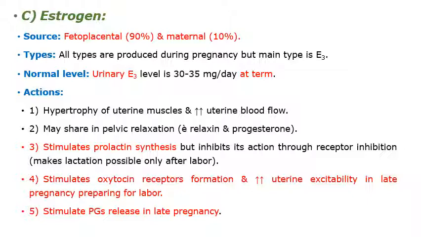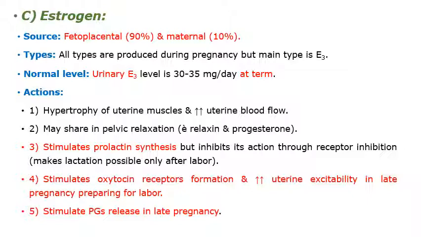The action of estrogen is to help hypertrophy of the uterine muscle and increase the uterine blood flow during pregnancy, and it stimulates prolactin synthesis, but it inhibits its action because it inhibits its receptor, to make lactation possible